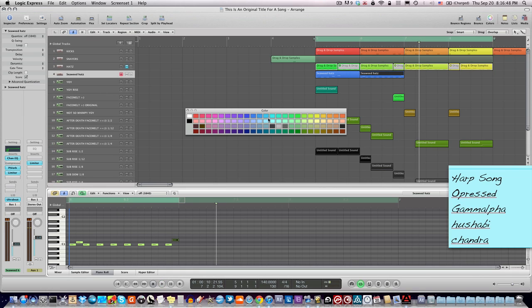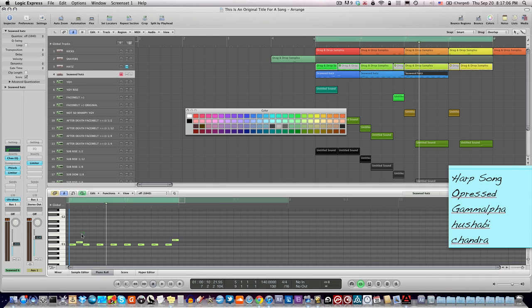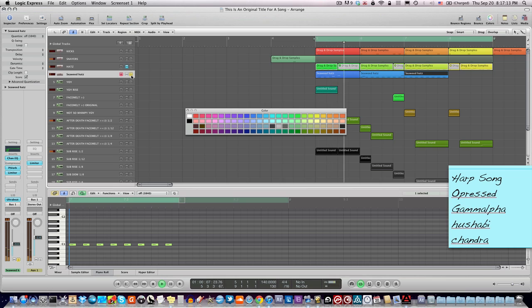I don't know, you just kind of get this process after a while. It's kind of weird. You just gotta listen and see what sounds good, and then once you know what sounds good, you can go back to it. Or kind of what I'm doing right now, I'm just plugging in random stuff, and it seems to sound pretty good. But let's try. These hats seem really off. Let me just...